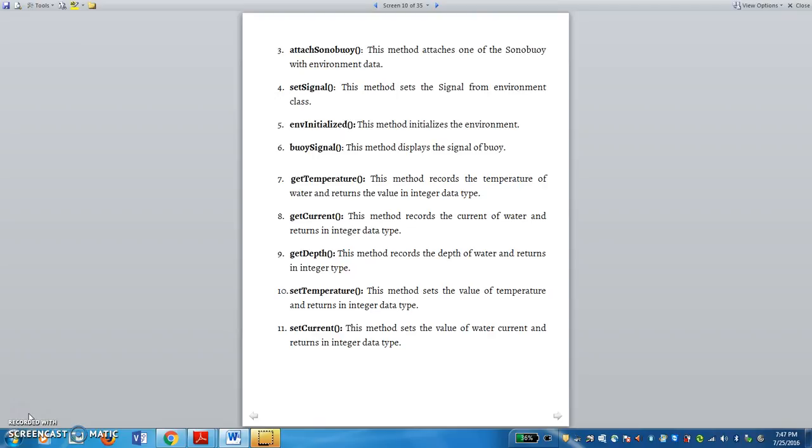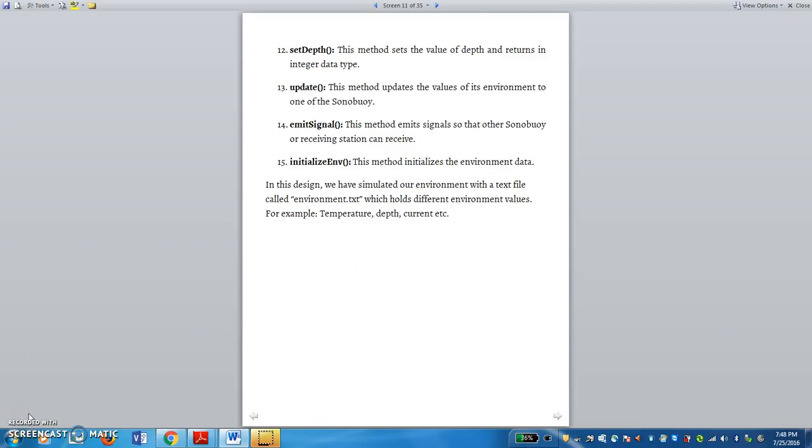And get temperature. This method gets the temperature. And get current. This method records the current of the water and returns an integer data type. Get depth. This method records the depth of the water and returns the value in integer type. Set temperature. This method sets the value of temperature. Likewise, set current. It will set the value of the current. So these are the methods that we have